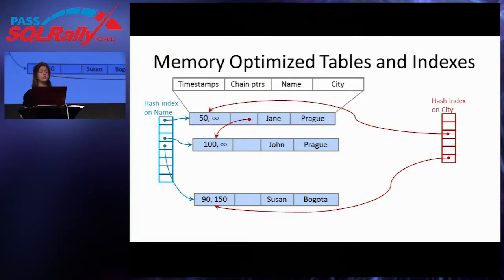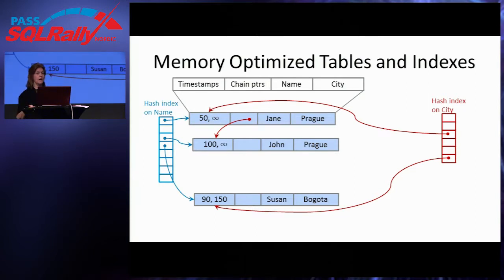This picture shows two hash indexes, an index on name and an index on city. And what that means is all rows with the same value for name will be pointed to from the same hash bucket. One pointer points to the first, and then the first one points to the second, and the second points to the third. Well, there are no duplicates for name here, so we've got three different pointers from the hash table for name pointing to the three different rows, Jane and John and Susan. None of them are linked to from the same bucket.